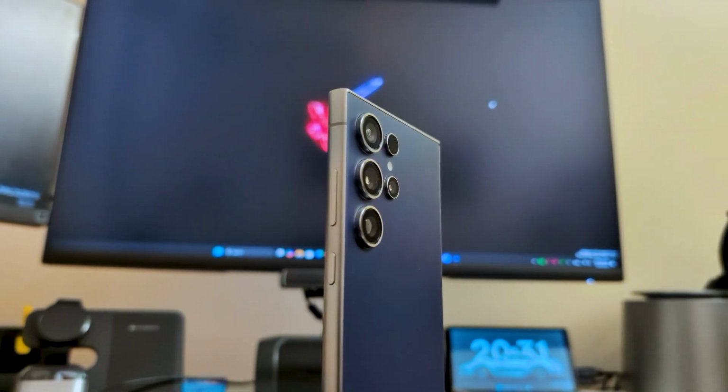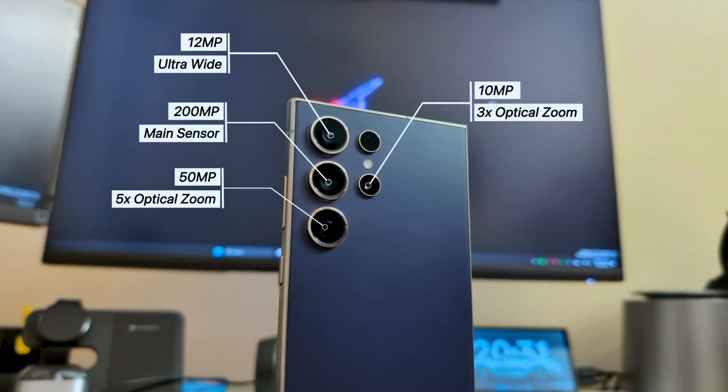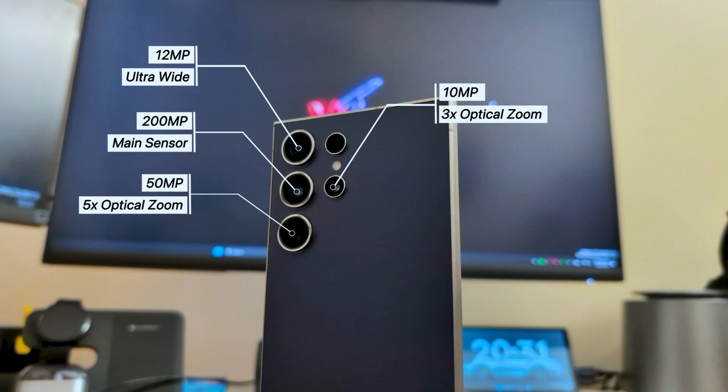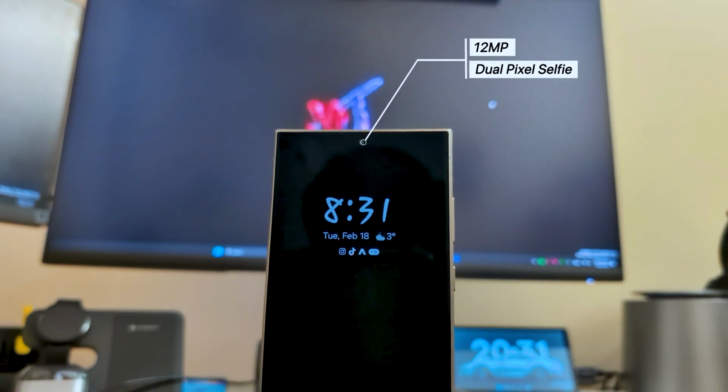This S24 Ultra features a 200 megapixel main sensor, a 50 megapixel periscope telephoto lens with 5x optical zoom, a 12 megapixel ultra-wide sensor, a 10 megapixel telephoto lens with 3x optical zoom, and a 12 megapixel dual pixel selfie camera on the front. Now, one of the most talked about changes this year was Samsung swapping out the 10x zoom lens from the S23 Ultra to the 5x optical zoom sensor on the S24 Ultra, which at first glance does seem like a downgrade, but it's probably better for